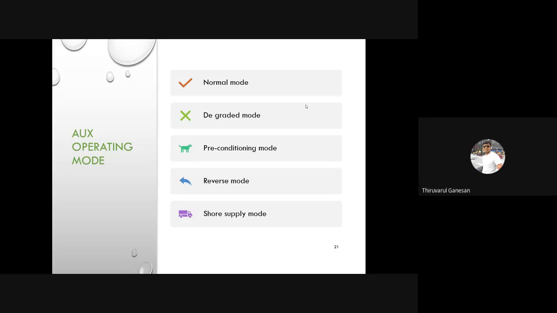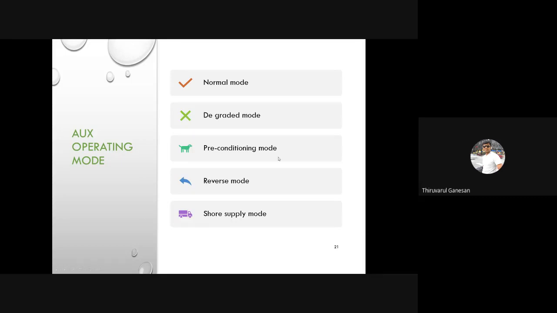It's the same for the lighting application. Maybe if the complete car is normally lit with 100% lighting, in the degraded mode it has to be considered with 50% lighting load. It's similar for sockets and other applications. We have to consider half capacity. We can provide full capacity provided your auxiliary converter is over-designed, or it depends on the customer requirement. If the customer needs that in degraded mode they don't want to switch off any of the loads and want it to work as in normal mode, then we have to go for oversizing the auxiliary converter. So that is the degraded mode.